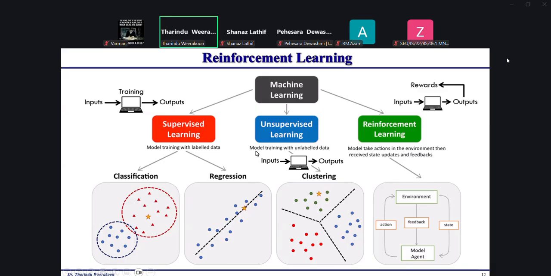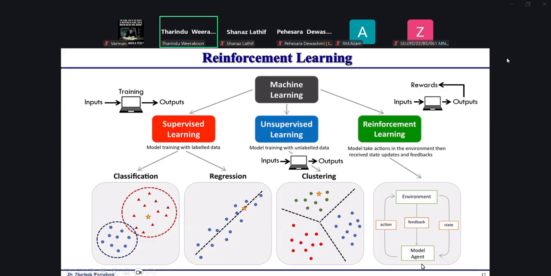As you can see here, in the first two, supervised and unsupervised, we are all working with data and classification, clustering, or regression. But here we have a different type of approach in the learning part as well as in the algorithm entirely. The action is taken based on the state and feedback is given to the model agent.